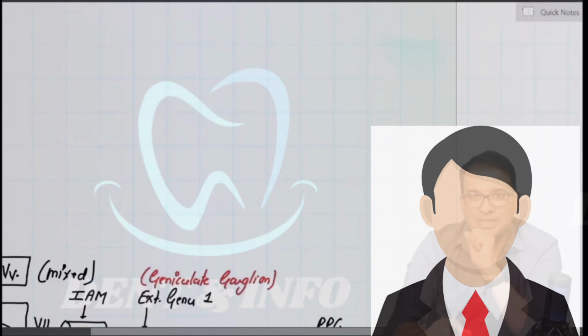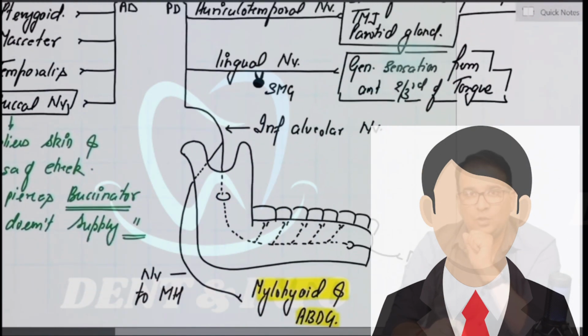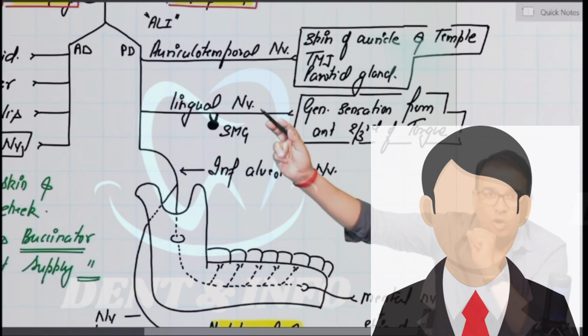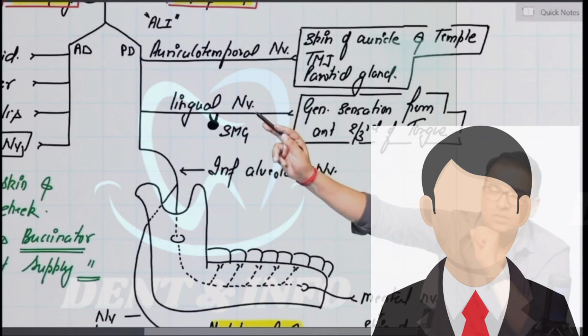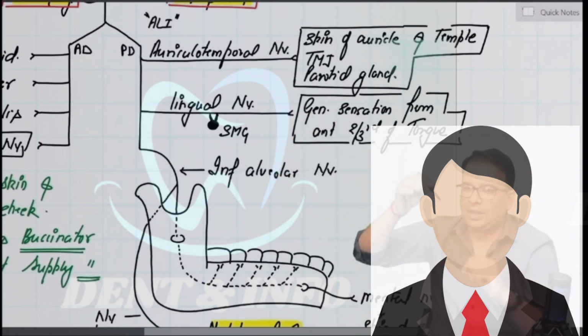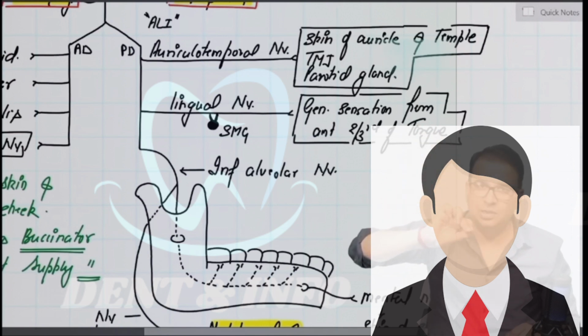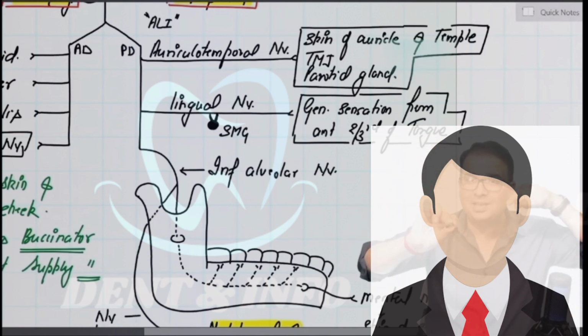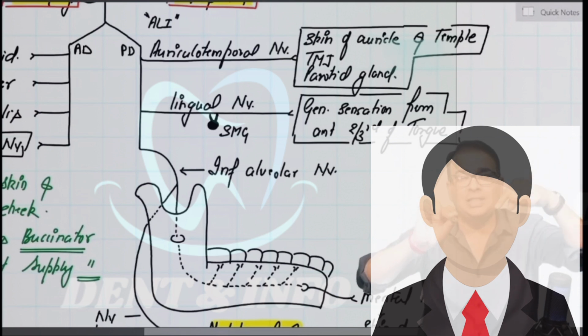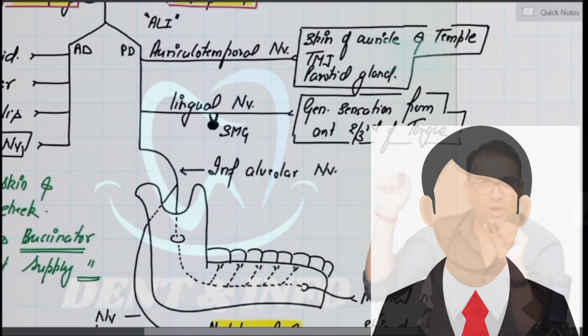और अगर मैं जरा आपको वापस लेके जाऊँ एक बार, just look at this now. Now you already know that there is a nerve already reaching the anterior two-third of tongue. That is what nerve? Lingual nerve. तो ये तो आसान हो गया. When already you have a nerve reaching the anterior two-third of tongue, so chorda tympani अलग से नहीं जाएगा. Chorda tympani nerve will join the lingual nerve only. Chorda tympani nerve will join the lingual nerve, and then with the lingual nerve only it will reach the anterior